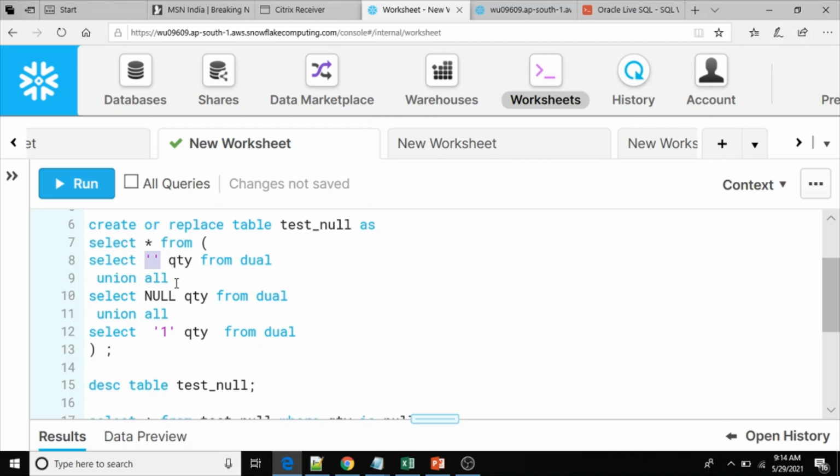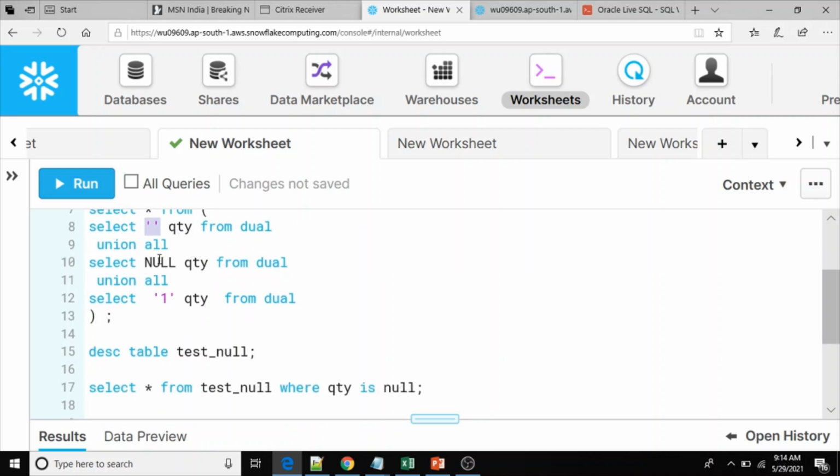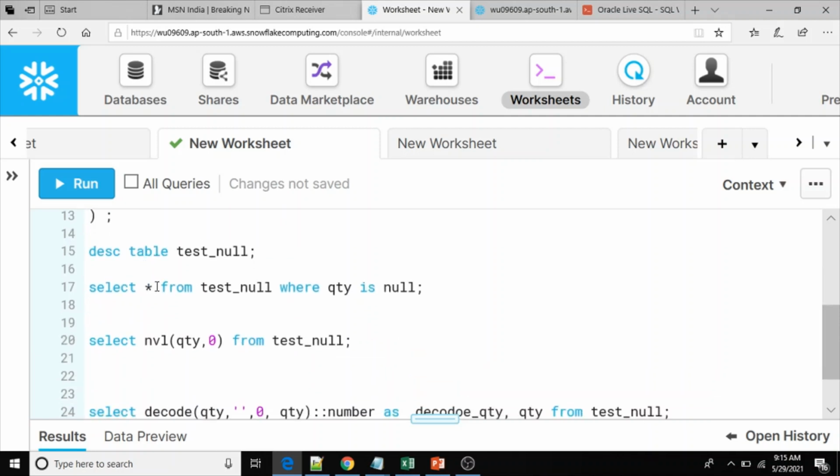So while migrating the code from Oracle to Snowflake, wherever you see this type of code in Oracle, you may need to replace it with null. That is one option. Suppose that is not possible, because sometimes you may get the data as part of files and load it, and somehow it is loaded like this. What would be the problem? We will see whether it is really a problem or not. Now we have a problem, correct?